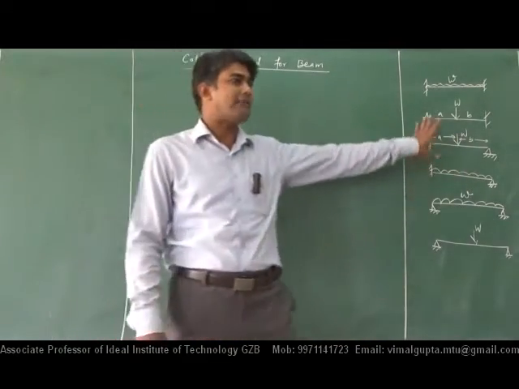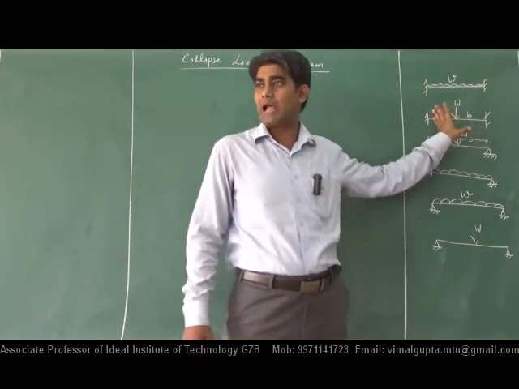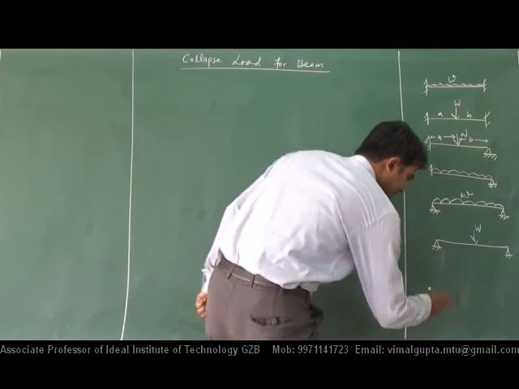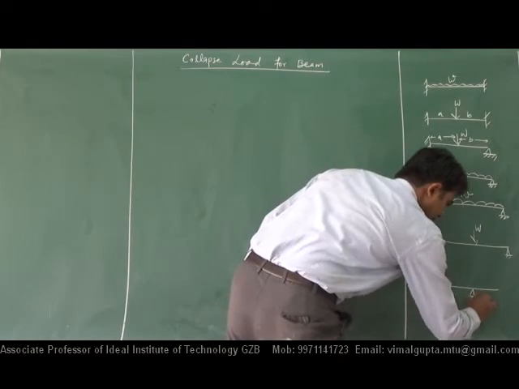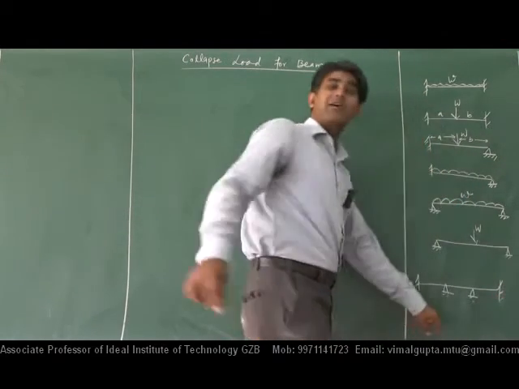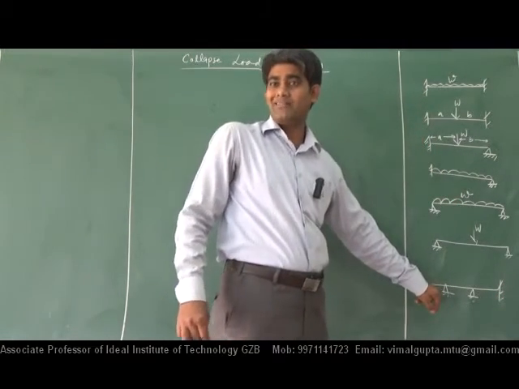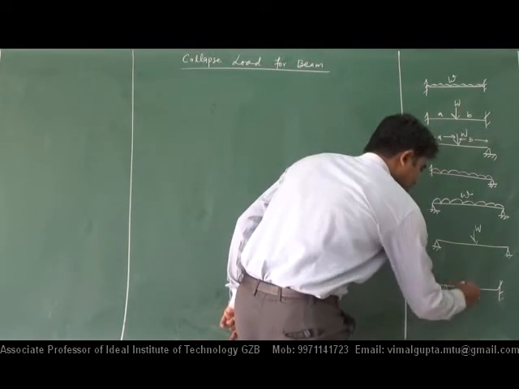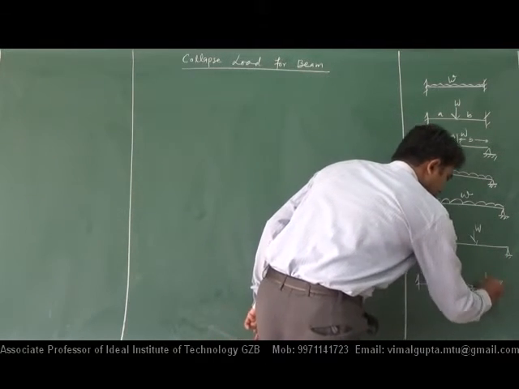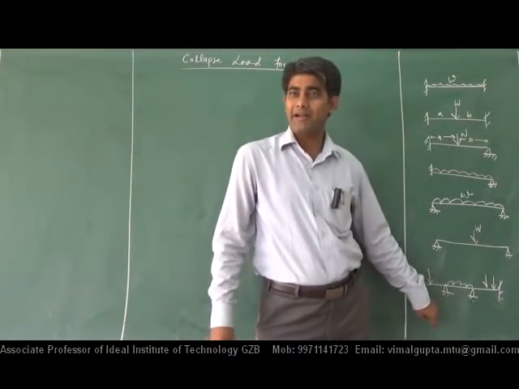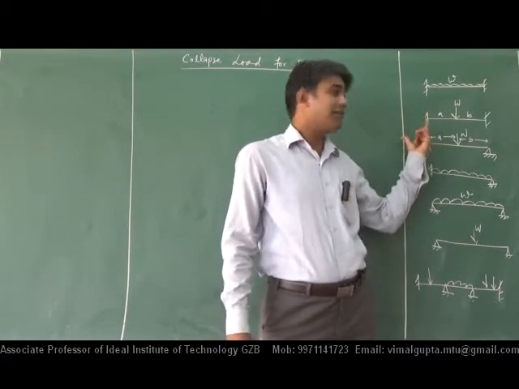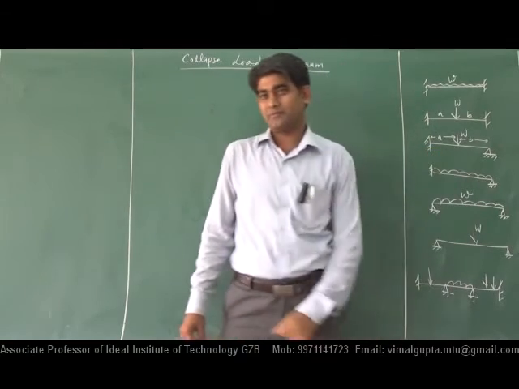These are the individual types of beams. In last class we did such type of thing. This is the example of the continuous beam. It may have point load, it may have UDL, it may have point load, that type of thing. This is the complex thing that we did in last class, and we will do this simple thing today.